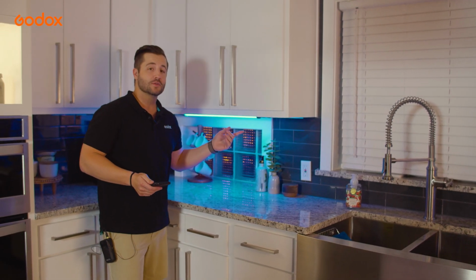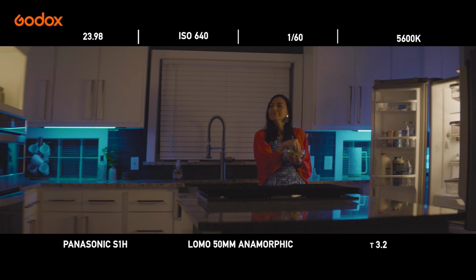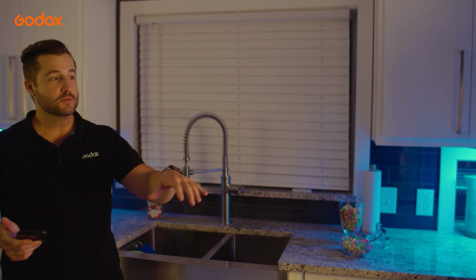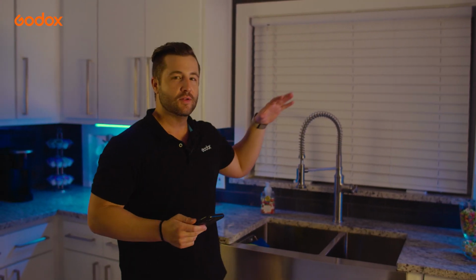And we did this one blue as well to match the same one. And this creates symmetry and balance within your scene. So now we have our contrasting colors happening in the room. We've got the warm tones from the fridge. Over here, we've got the blue underneath the cabinets, but it's still looking a little empty right here in the